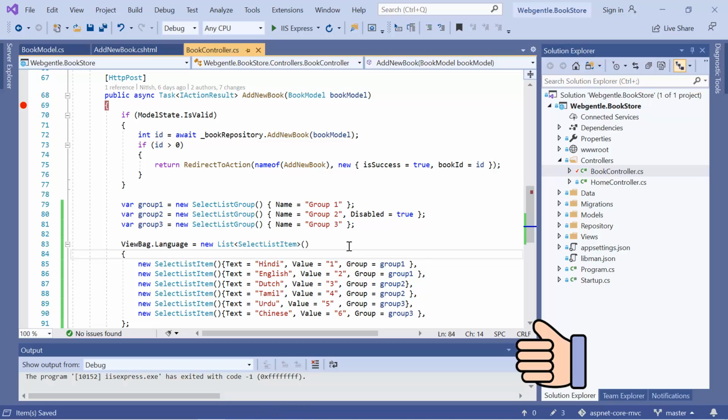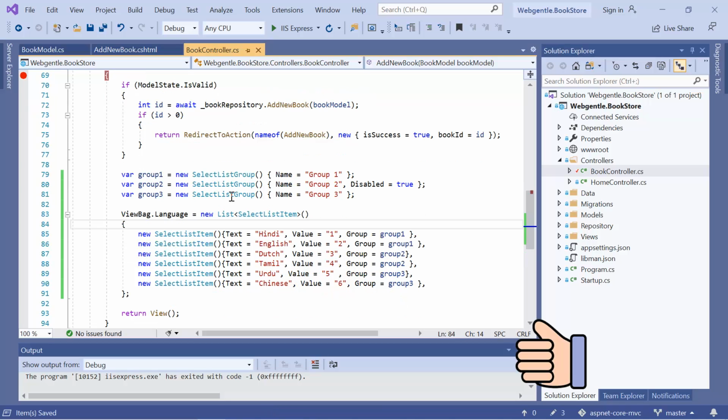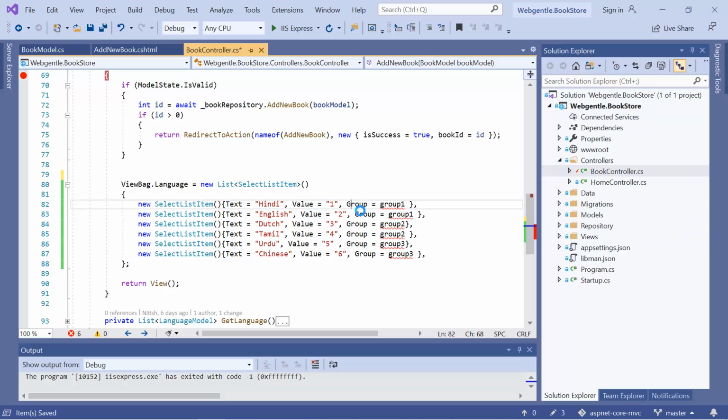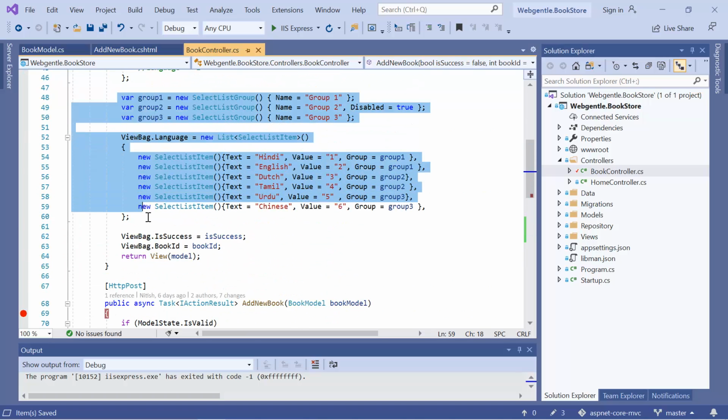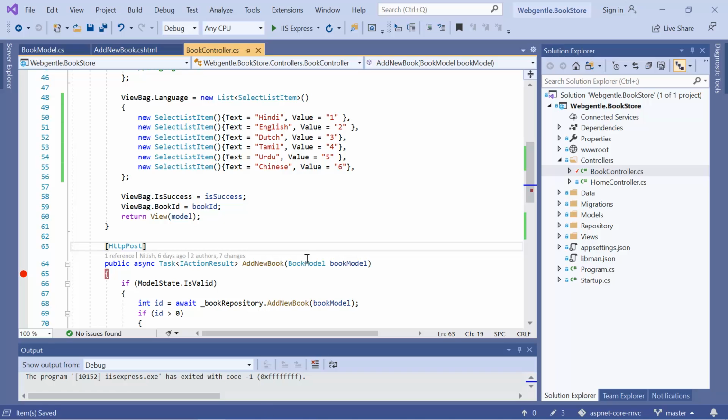If you do not want to use groups, then you can remove all of them altogether. If you want to add the groups, then you can add them. Suppose now I do not want to use groups. And now we need to update the same thing in the get method. So let's just copy this data and paste it over here. Now in both the methods, that is get and post, we have the same data.